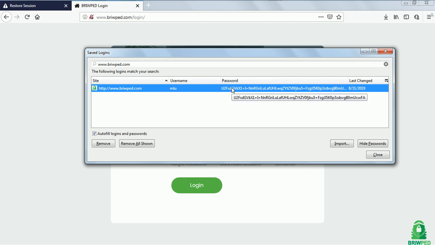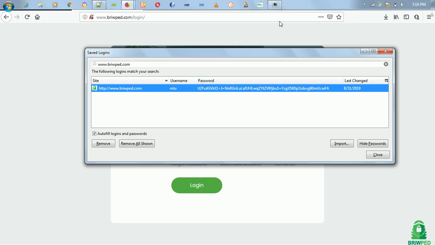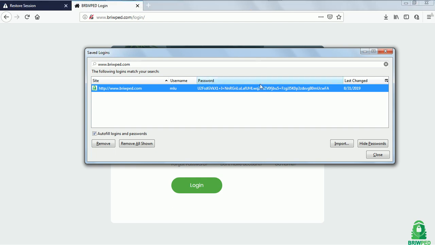But BRIWPED has helped me, as you can see here on screen, by protecting my password. So now I can't copy this, or you can't copy this. Even if you do copy this and try to use it elsewhere, this won't work. This is the salt, and this salt won't work because it was generated on this particular browser and in a certain time frame. So when the time elapses, this also becomes invalid,